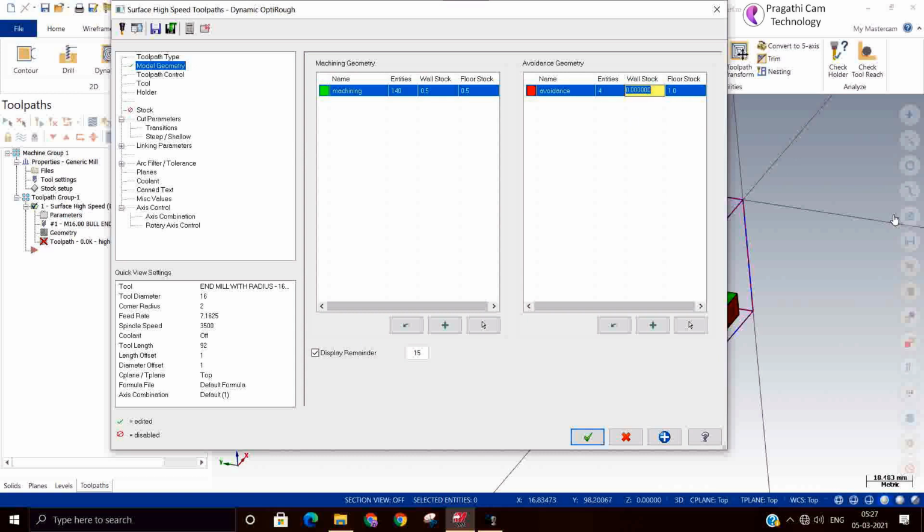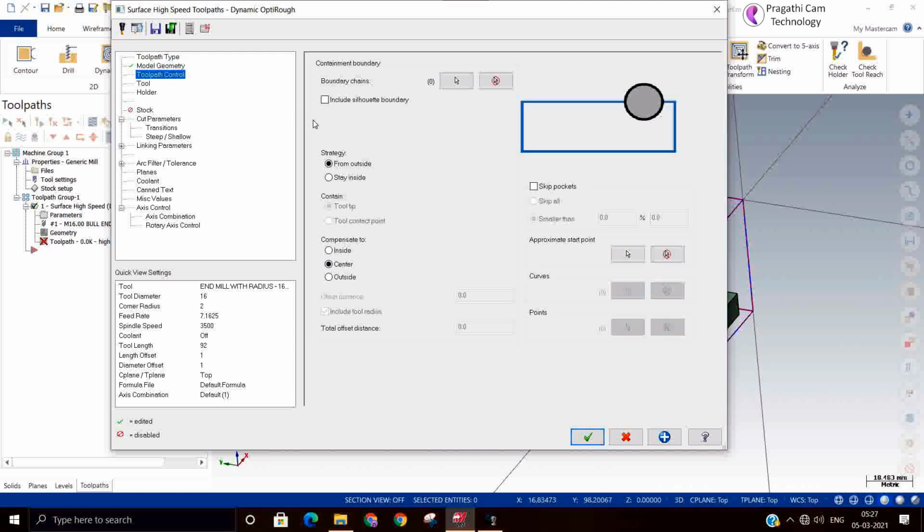Now toolpath control. This is nothing but your cutting boundary, the containment boundary. All the parameters you have seen in the normal toolpath are used here, but name-wise there are small changes. Here what was called the boundary chain is named the containment boundary.